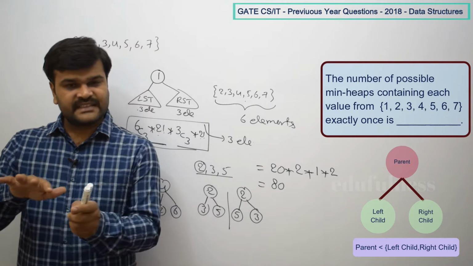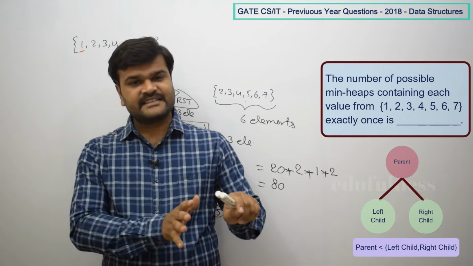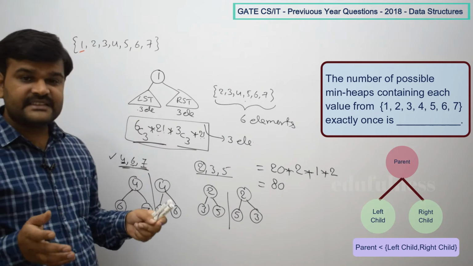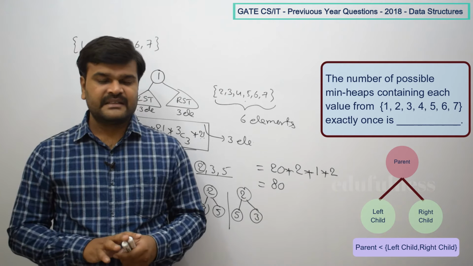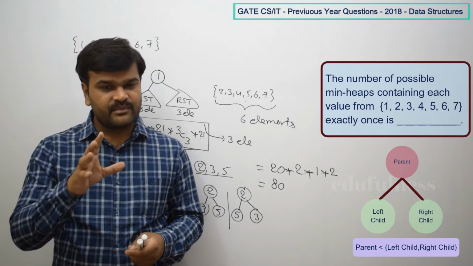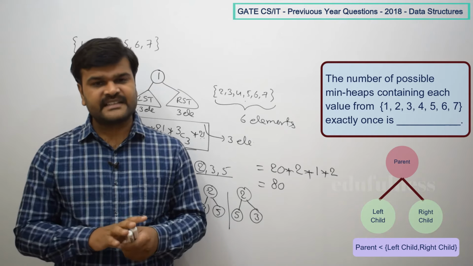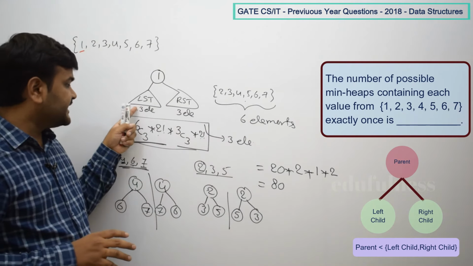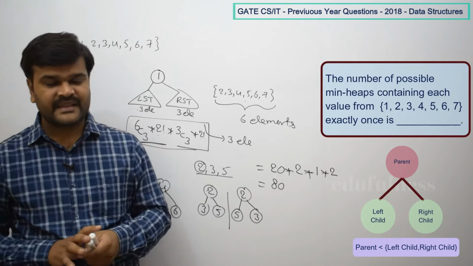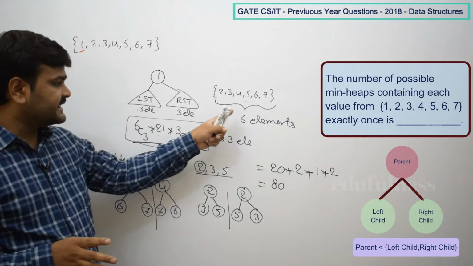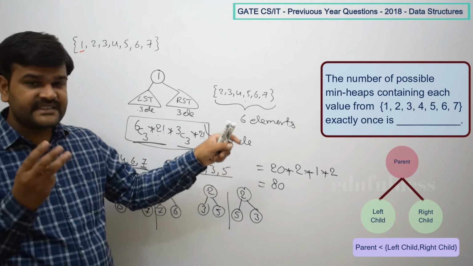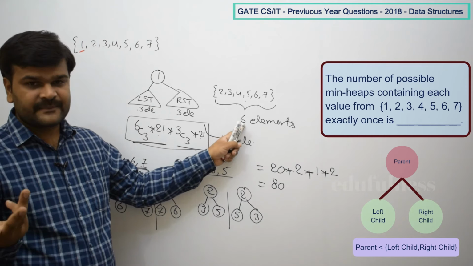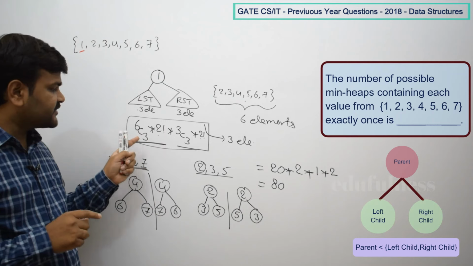After that, which elements are in the left subtree side and which elements are in the right subtree side? In the left subtree 3 must be there and in the right subtree 3 must be there, because this is a complete binary tree. That is the structure heaps follow, a complete binary tree structure. That is why the remaining 6 elements are going to exist, 3 in the left subtree and 3 in the right subtree. Now these 3 you can select in 6C3 ways. Which 3 elements are in the left subtree? From these 6 you can select any 3, that means 6C3 ways.